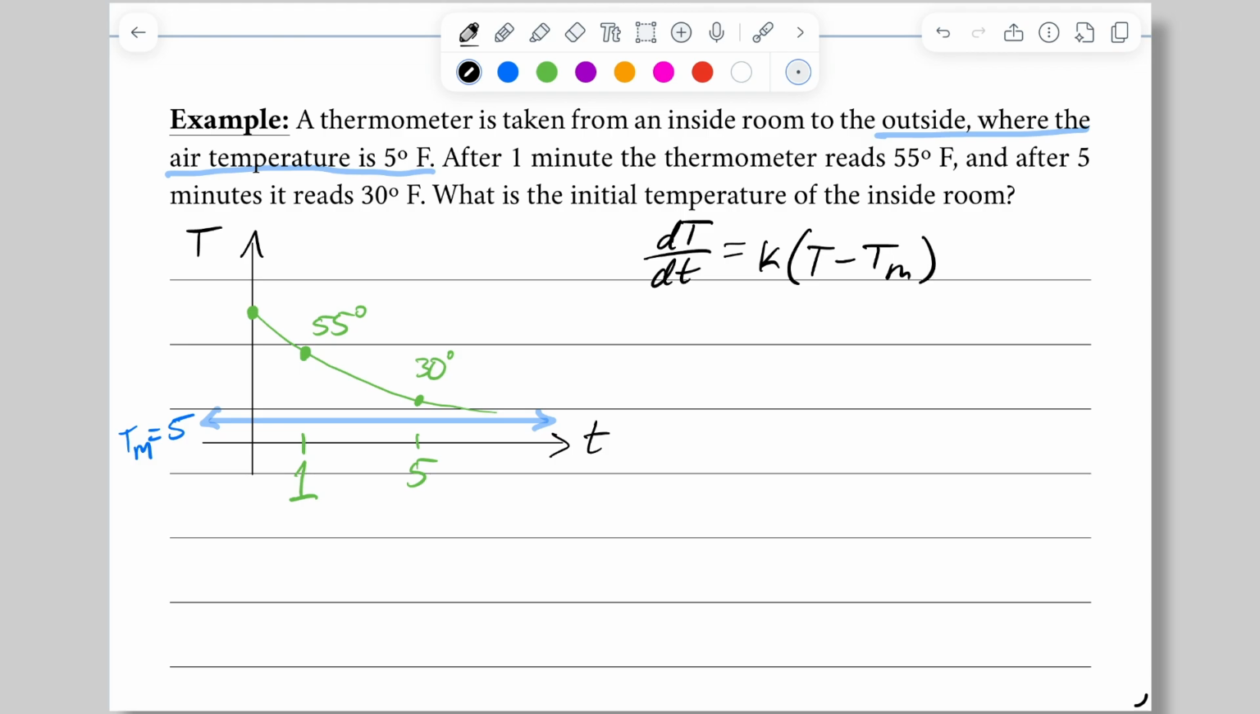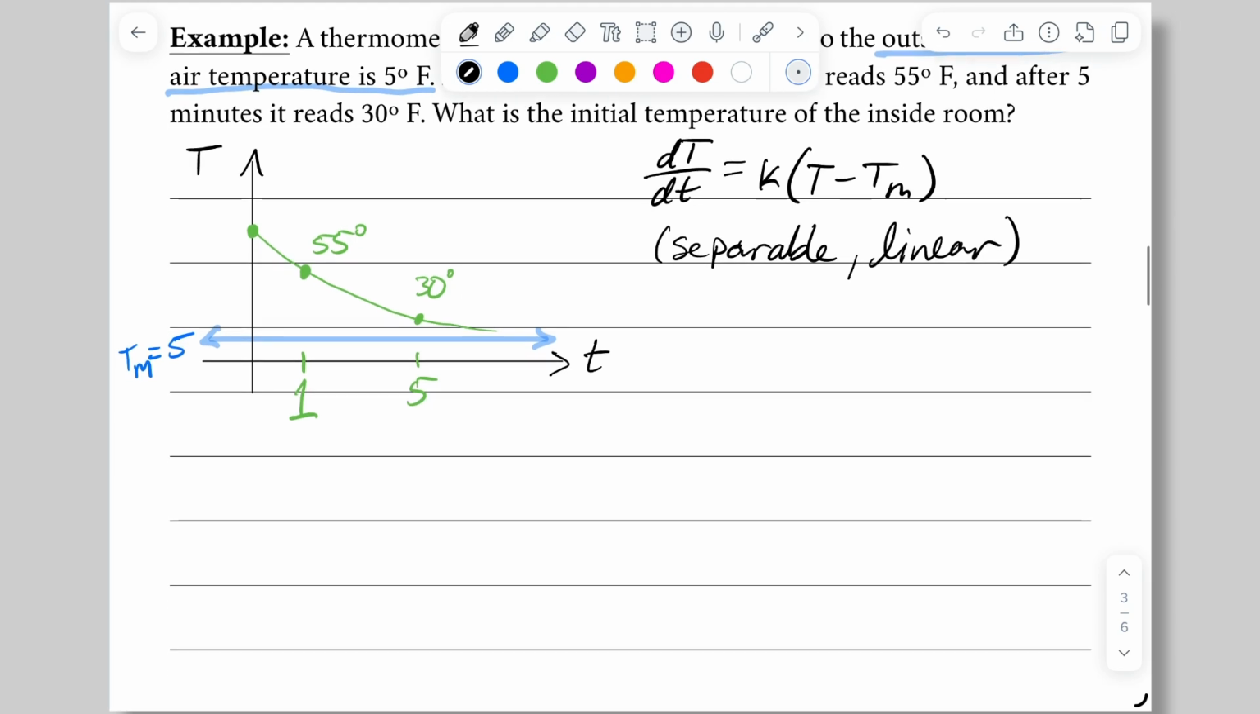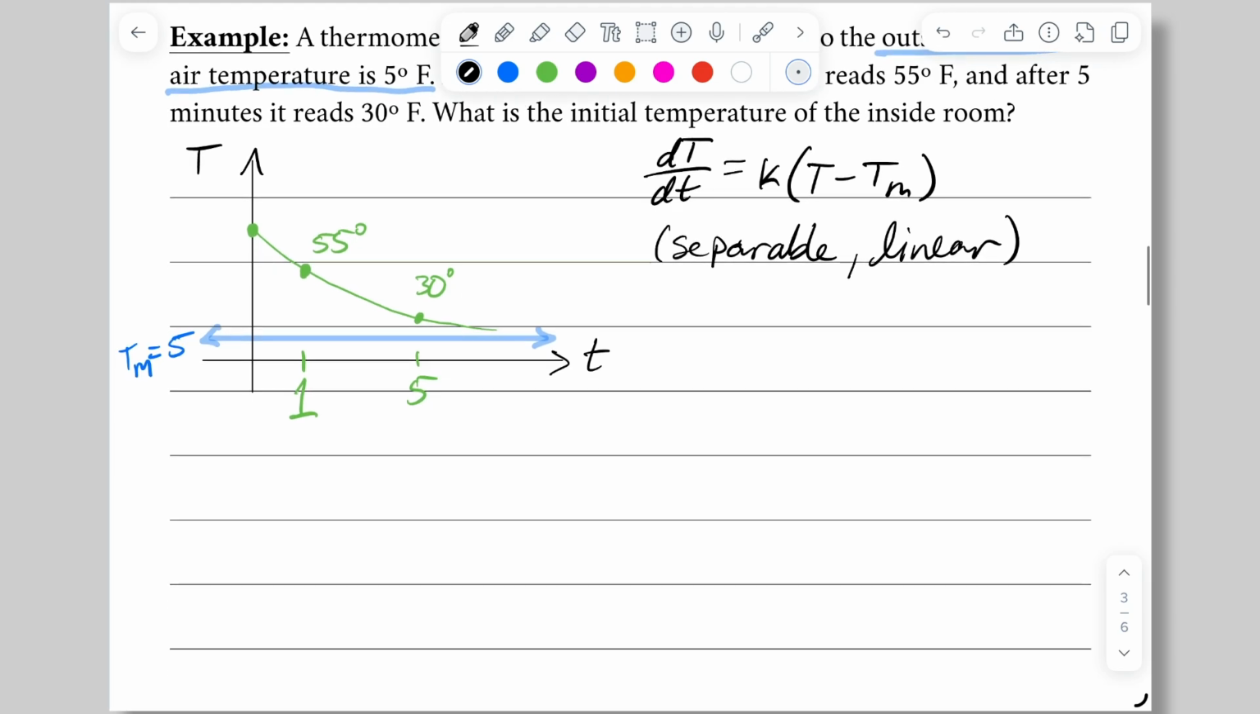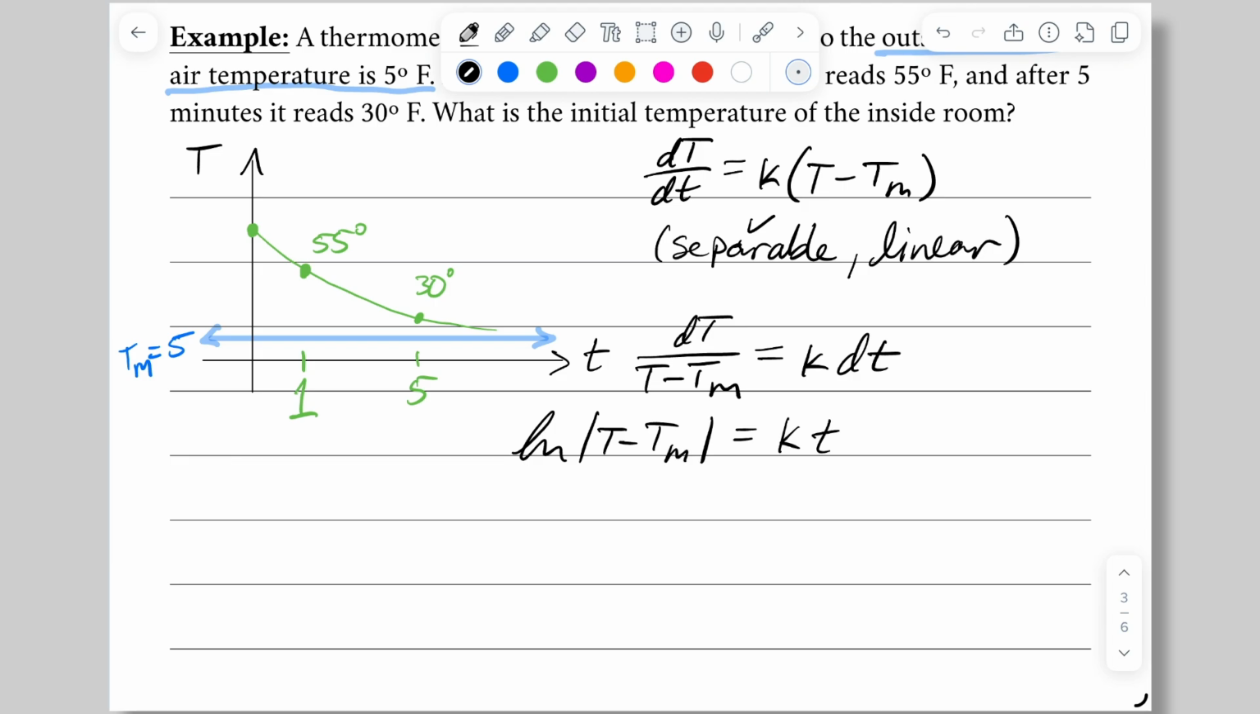Let's solve this. You'll note this is also separable and linear. And I'll tell you, I've tried to explain this both ways, and separable is so much easier. So we're going to go with that. dT divided by (T minus T sub m) is equal to k dt. So the natural log of the absolute value of T minus T sub m is equal to k times t